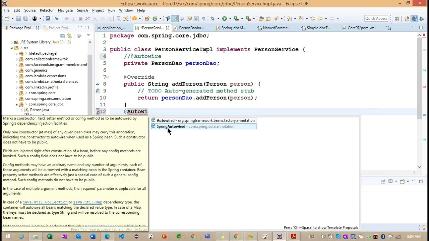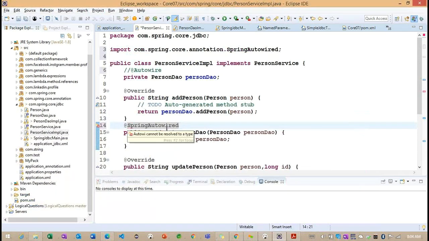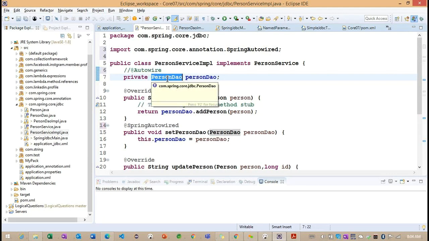Here also we can go for the same AutoWire. So instead of the standard one, now we can go for our Spring AutoWire. This is the custom annotation we implemented here, right? This particular annotation we can work on top of the method, on top of the particular property, on top of the constructor. So in these three places we can go for this particular AutoWire.